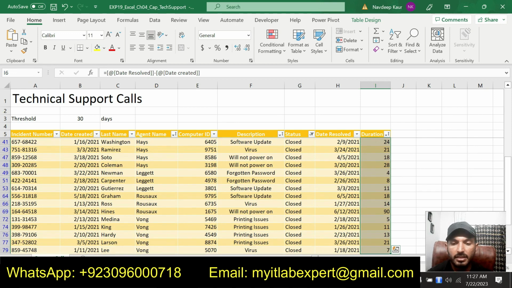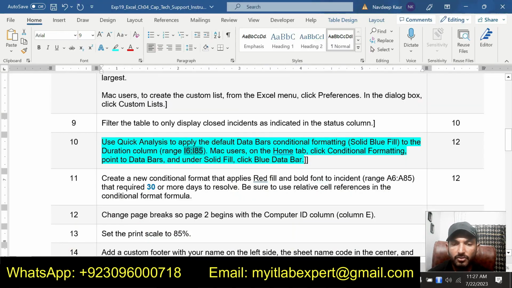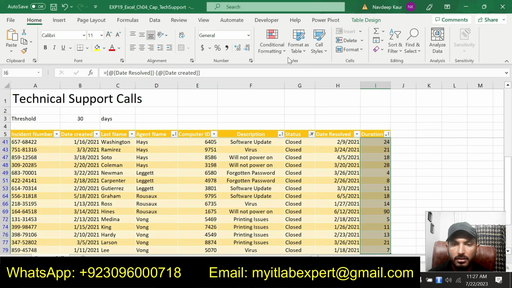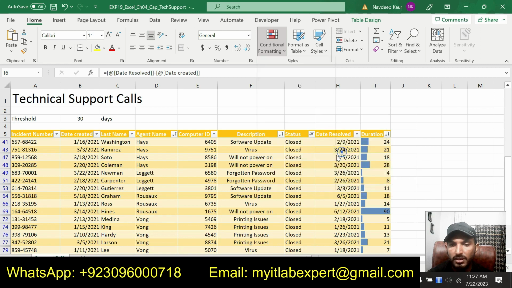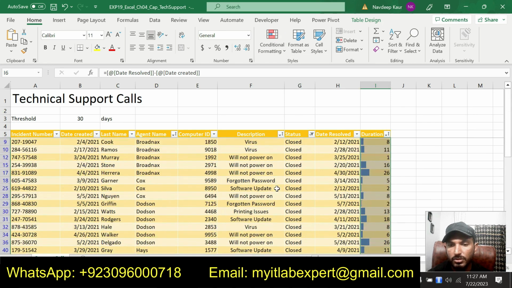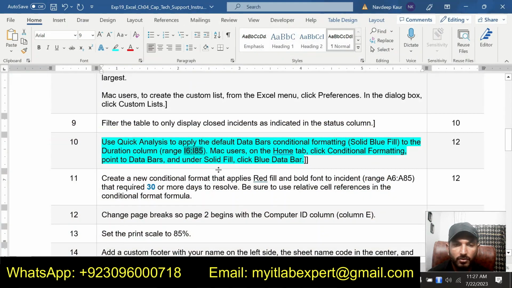This has been selected, and we are supposed to select the default data bars conditional formatting, solid blue fill. So data bars is here. So this is the solid blue fill data bars conditional formatting to this duration column that we are supposed to use for this step number 10.